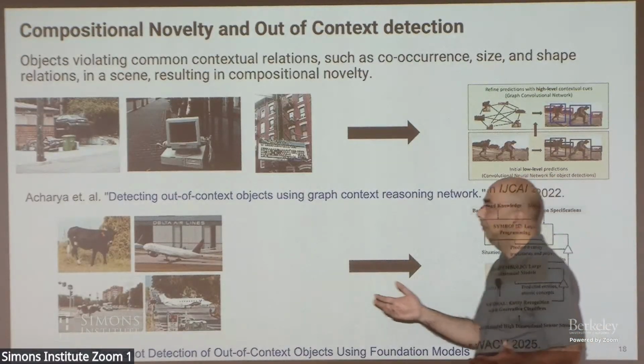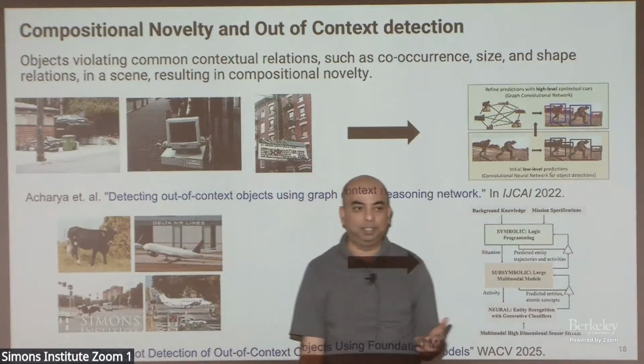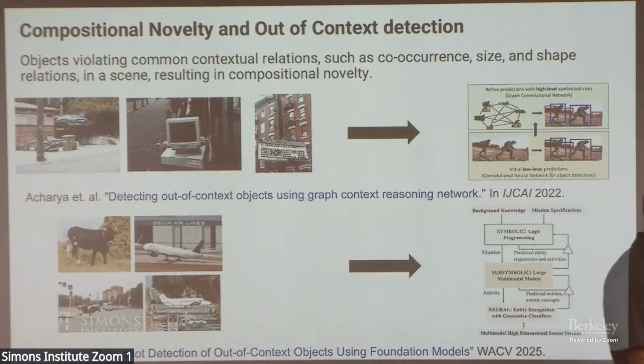Or for the car should not be hanging up in the middle of the house, right, at some height. So we looked at ways to essentially quantify uncertainty here. Earlier, what we tried was obviously to look at graphs, because graphs could capture these spatial constraints, and then be able to do out of context detection, which would be the analog of out of distribution in a more compositional setting, and detect that, well, these are out of context inputs.